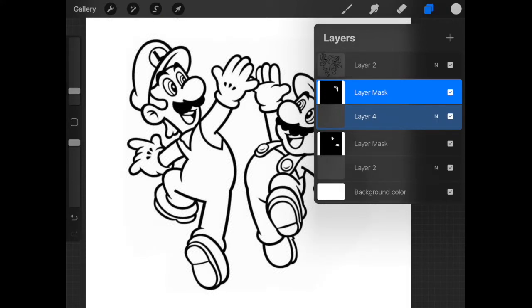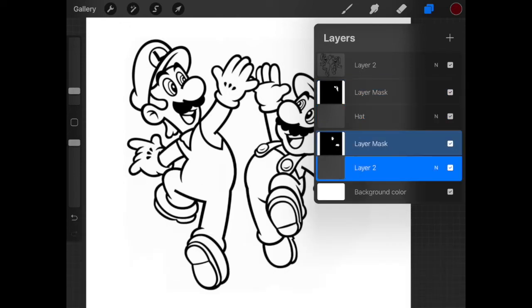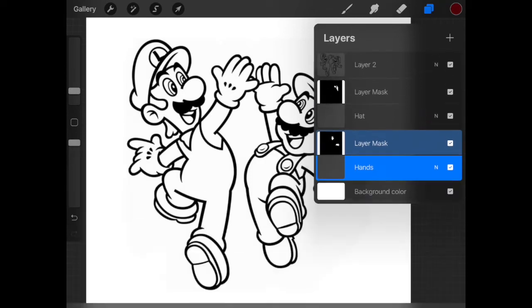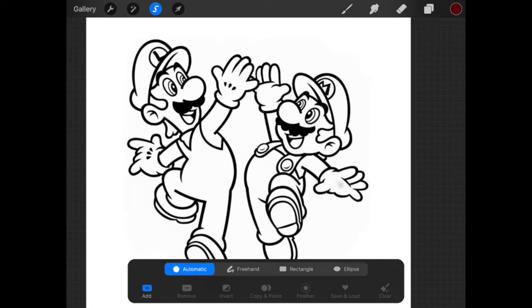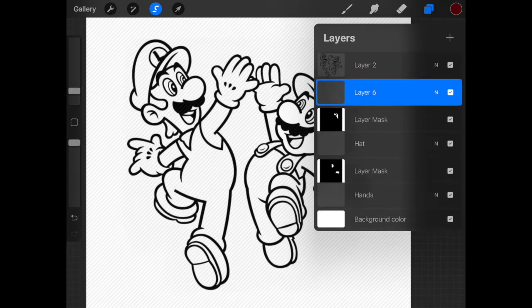And then this is the way you need to start kind of grouping stuff and making sure you label it. So obviously here, could rename this to hat. Hands. Okay, then I'm going to go back to the layer, selection tool, we'll do the face. Add a new layer,